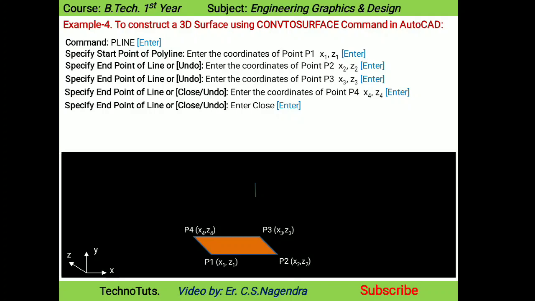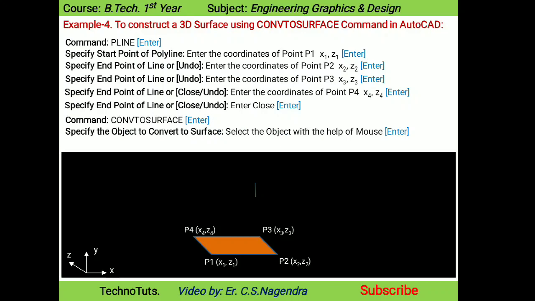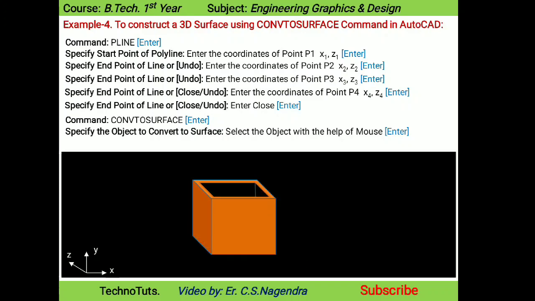Now the computer will ask you to specify the end point of the line. Type C or close and press enter key, and you will see a rectangle gets constructed in the XZ plane. Now at the command prompt type convert to surface. Now the computer will ask you to specify the object to convert to surface. So you have to select the surface, just draw over it with the help of the mouse. You will see that the surface gets converted into